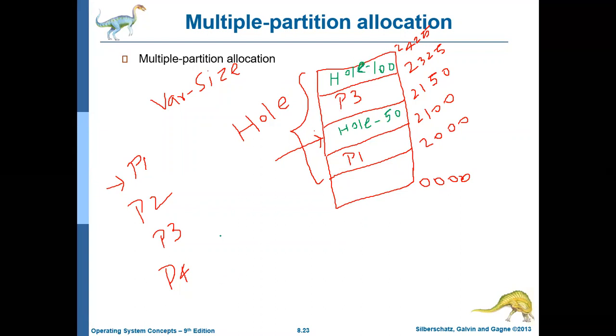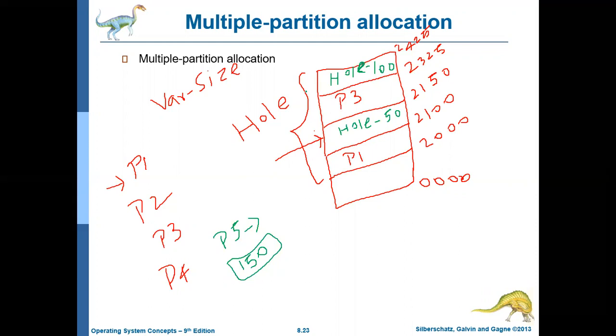Now assume that another process P5 comes, demanding exactly 150 MB of memory. But we have two slots: one slot is 50 MB, another slot is 100 MB. In the 50 MB slot you cannot accommodate P5, and in the 100 MB slot also you cannot accommodate P5.